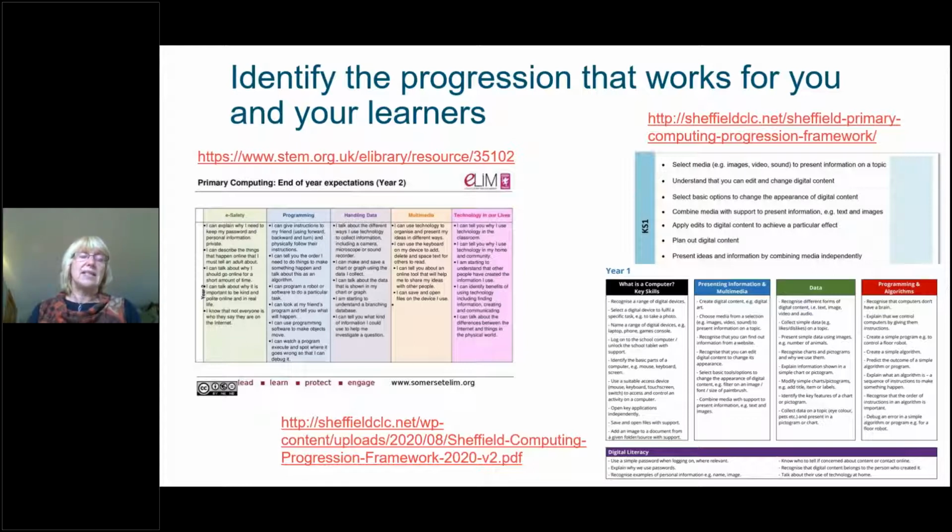So I know the one that we use in Somerset, unfortunately now we have to work on a payment basis, but it is available within the STEM resource library. But big warning here, the online safety statements are well out of date now. So just need to be aware of that, but that is available, and that's a progression based on ICAN statements. Sheffield have got the computing progression, and that is available both in terms of overall key stage but year groups, and both those progressions firmly